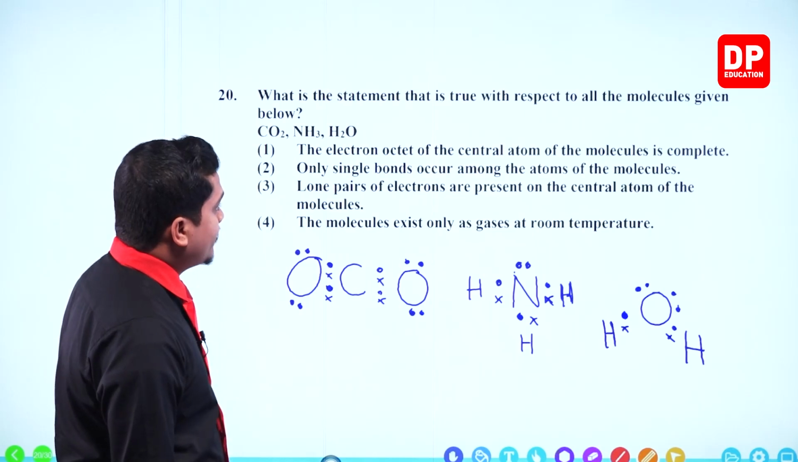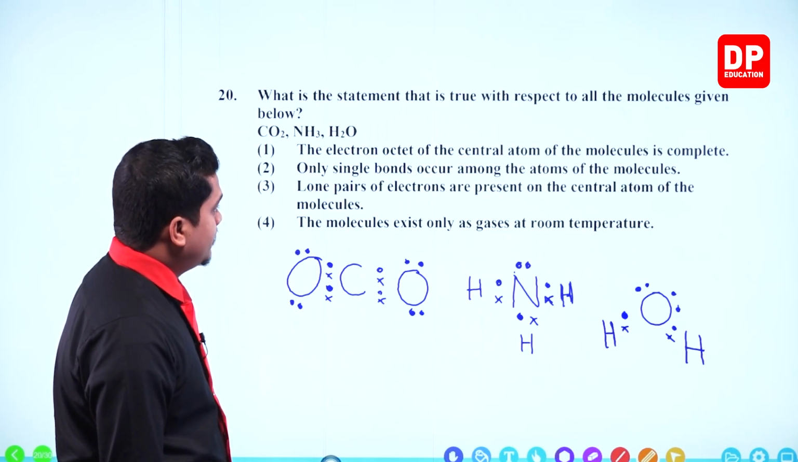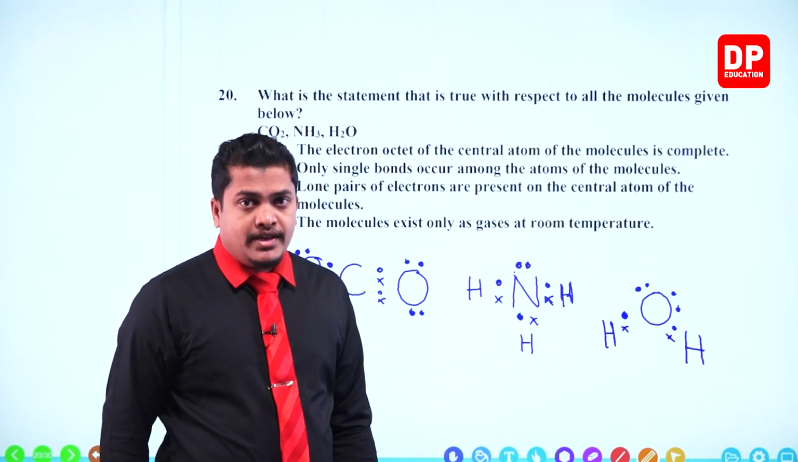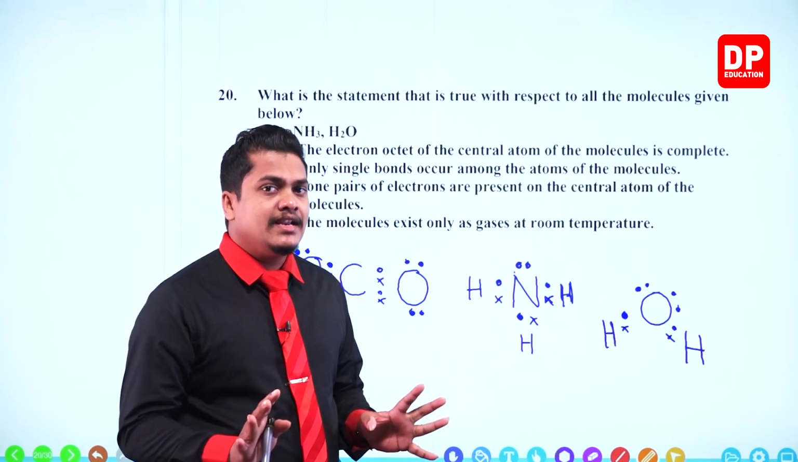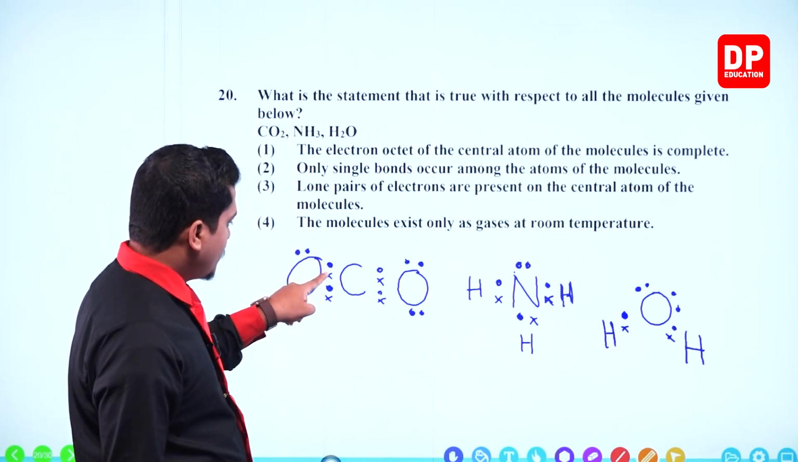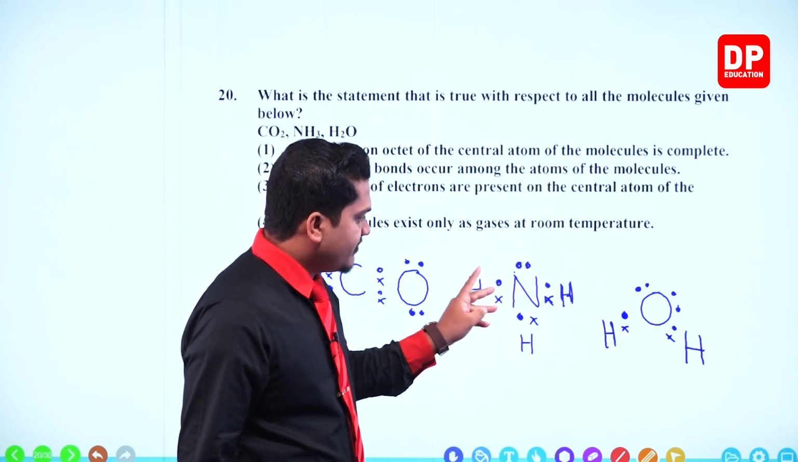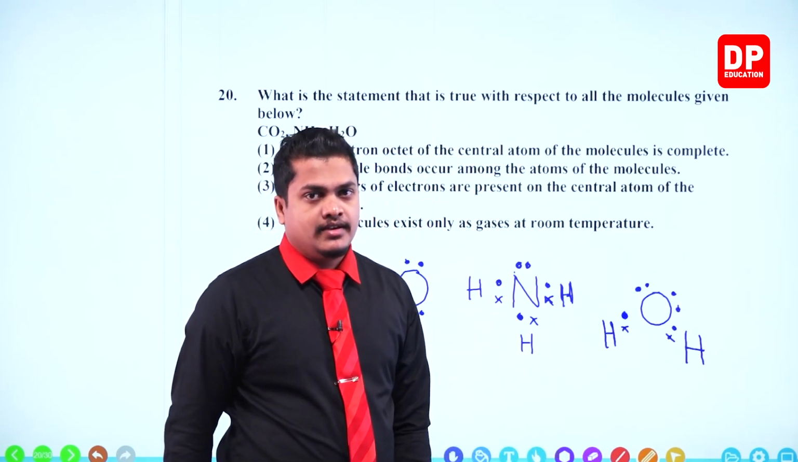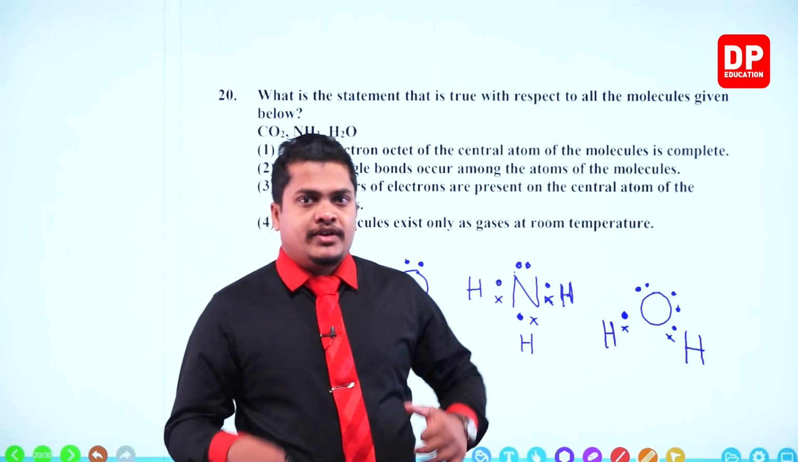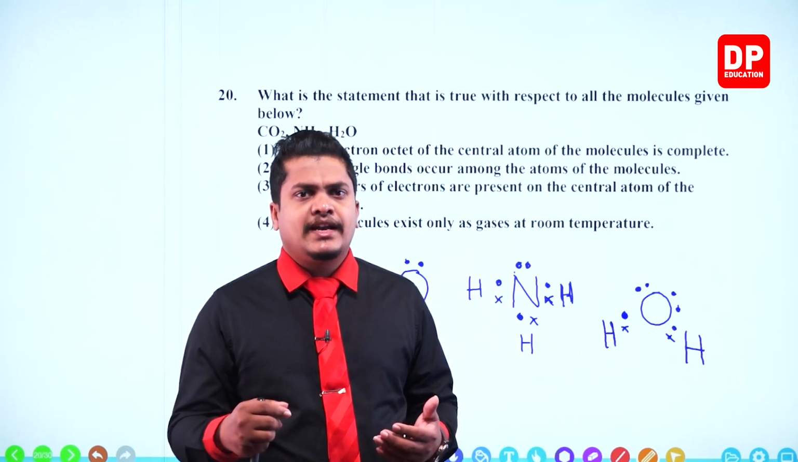Let's see. The electron octet of the central atom of the molecule is complete. Octet is complete. Let's see. Octet means around the central atom there should be 8 electrons. 1, 2, 3, 4, 5, 6, 7, 8. Correct. 1, 2, 3, 4, 5, 6, 7, 8. Once again correct. 1, 2, 3, 4, 5, 6, 7, 8. Correct. Actually, my dear children, when you take a covalent bond, most of the time the octet is getting completed